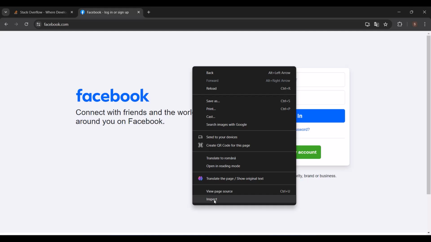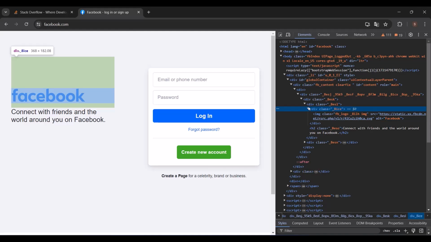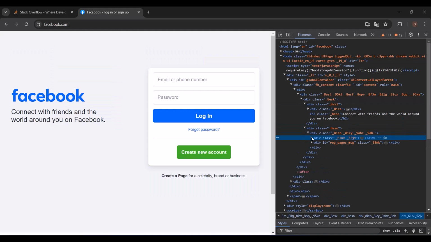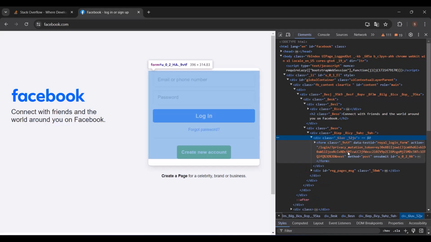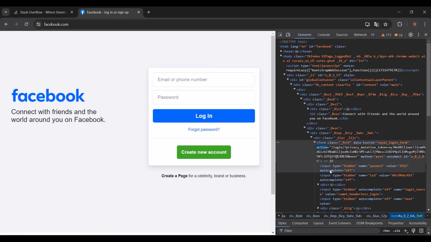So let's right click, go to inspect, and if I open this div, not this one, as you can see, it's highlighted. This div is a form and is denoted by the opening tag form. We have class, test ID, and we have this action. I'm gonna see what this action is. This is very important for the form. And let me show you another form. But before I do that, let me show you, we have the input here.